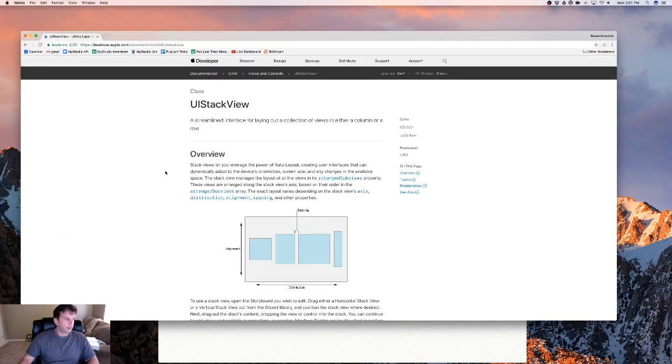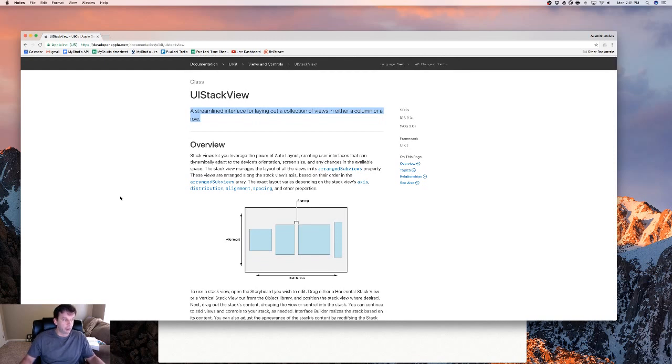According to the documentation, a UI stack view is a streamlined interface for laying out a collection of views in either a column or a row. And that is a very typical thing you're going to want to do in laying out your interface. So essentially, it is a